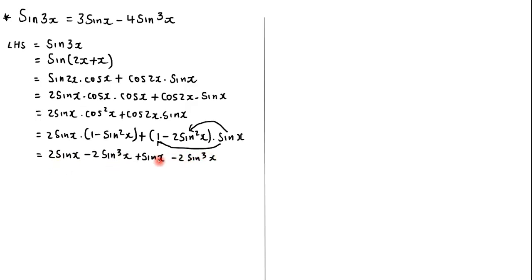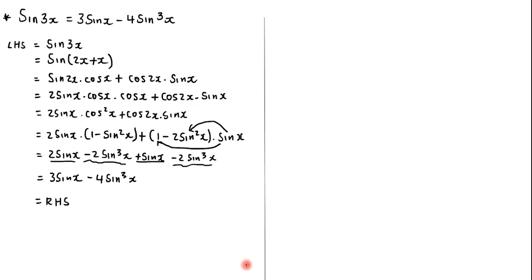Now 2 sine x plus sine x, see here, these are like terms, so they give me 3 sine x, and then here minus 2 sine cube x minus 2 sine cube x gives me minus 4 sine cube x, and that is going to be exactly what is on the right hand side. All right, so we're done with the first one, so let's go ahead now and try and look into the